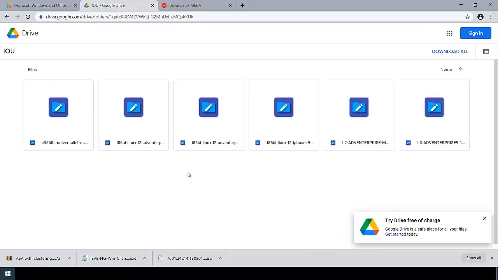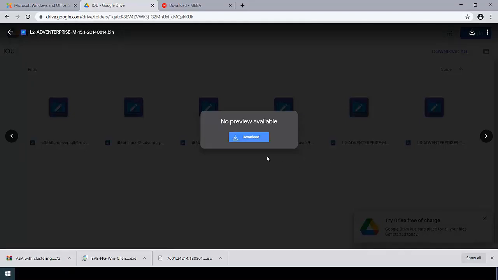So you can see many other images are also there. We will be using L2 image. Okay, done.